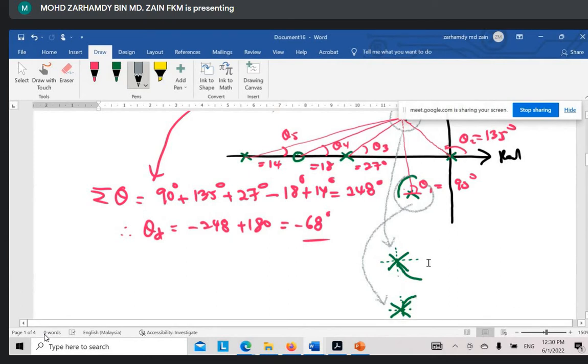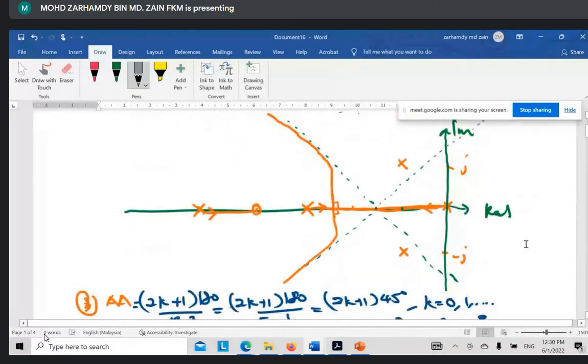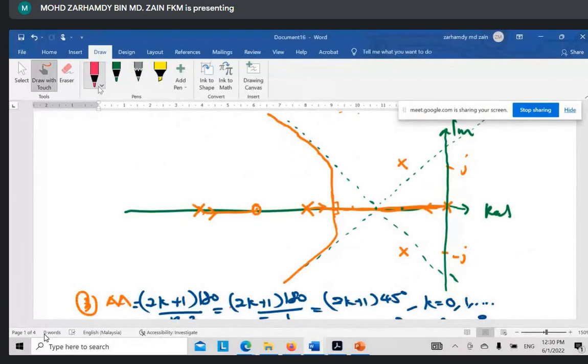So refer to the original figure. Where is our figure? Okay, here. What we need to do is follow the angle of departure. So here, if you can see, 68 is around here. It must go to the asymptote, close to the asymptote, and then they will go up, or they will follow the asymptote, and then will be passing the imaginary axis. And also here is positive 60, somewhere here, and then it will go and also pass through the